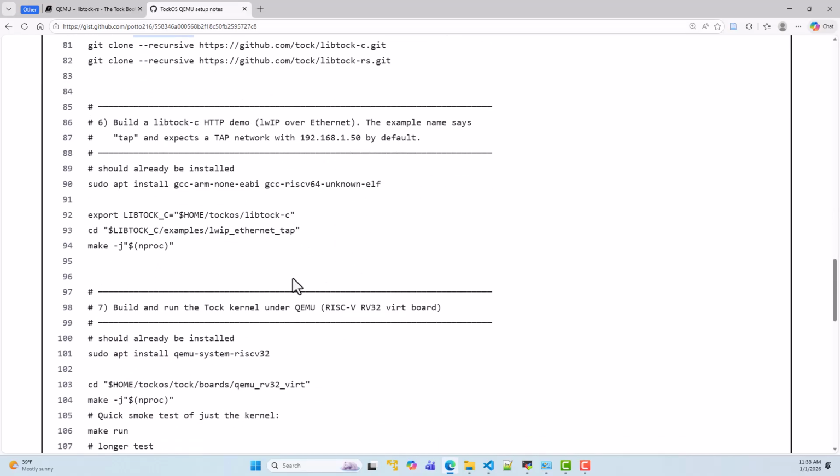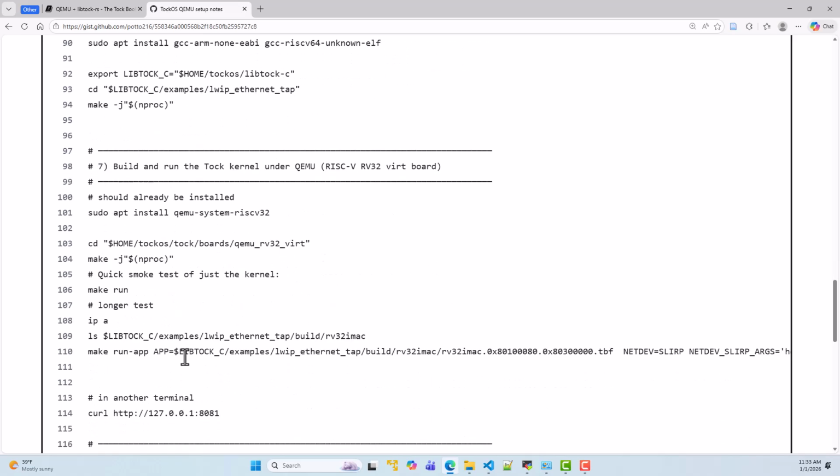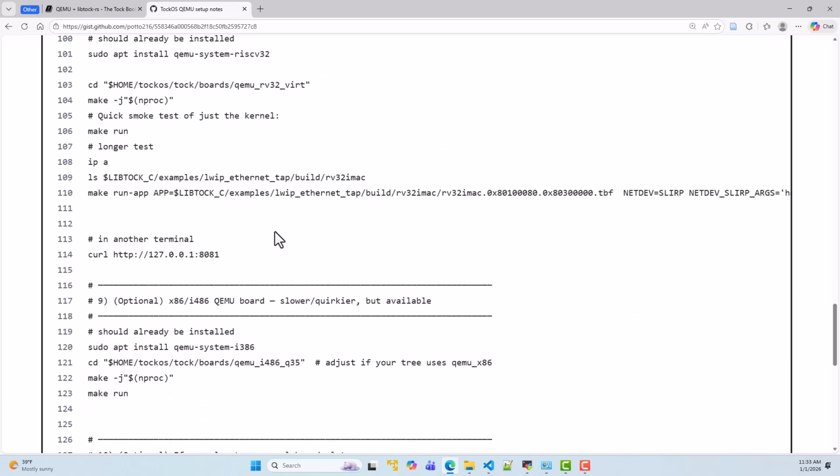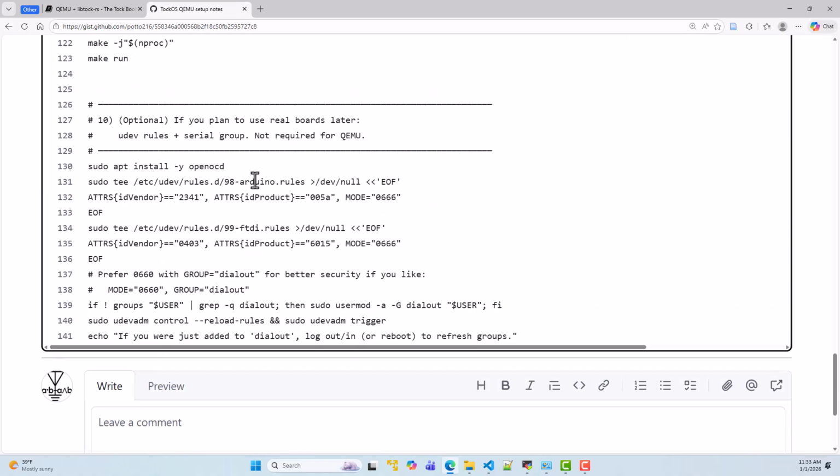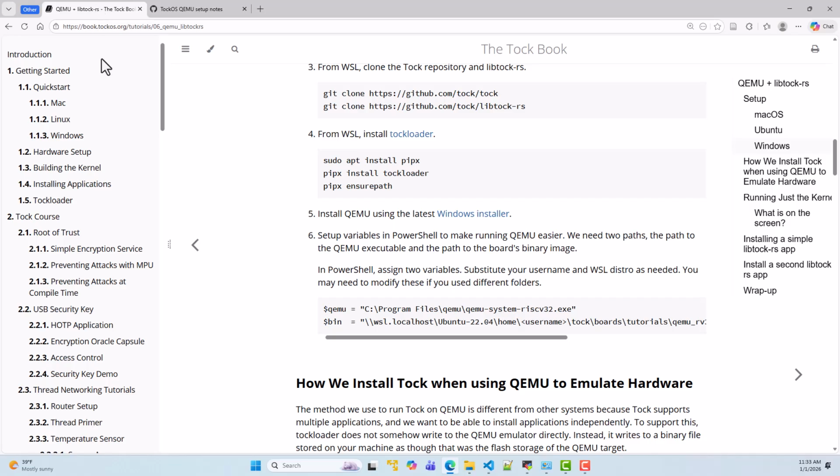With that, there are also notes for setting up a QEMU board. And this next part would be if you're using an actual embedded board, so you can skip this step if you're not using an actual embedded board, which we're not here. So going back to the book,